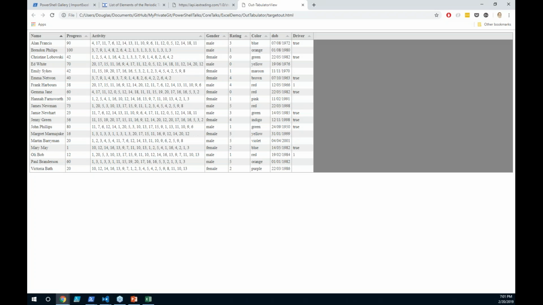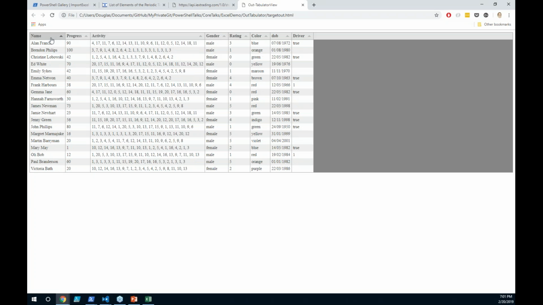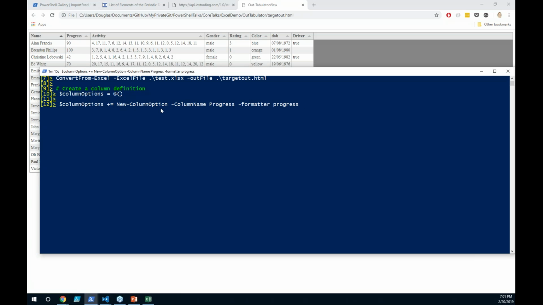JavaScript grid framework. And it's got some pretty cool features to it. So let's take a look at what that is. I'm going to create a variable that has an array called column options, and then I've got something I built called new column option. You tell it, which column do you want to convert? And I want to do the progress, and I want to apply a progress formatter to it. Okay, so we're going to convert that again, and now we're going to just pass in column options, do another